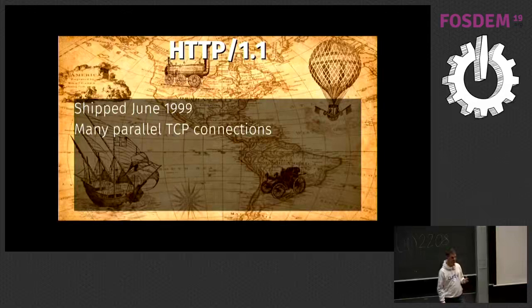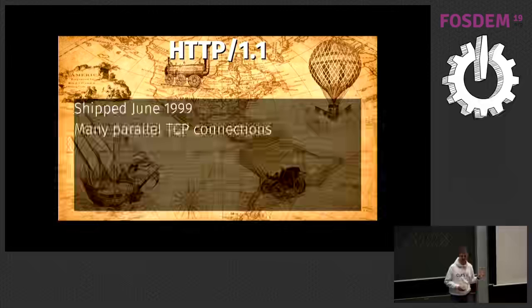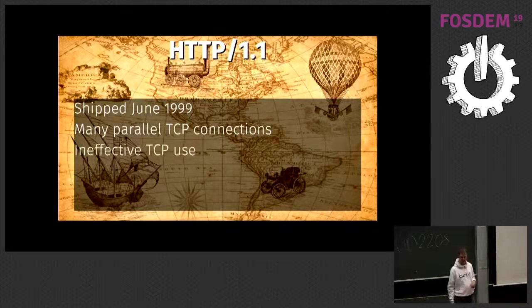So there's a very inefficient use of TCP. And TCP also has this slow start period, so it takes a while until TCP connections actually get up to speed. So closing them immediately, like we do with HTTP 1.1, is really inefficient, which is basically one reason why no matter how much you increase your bandwidth, you won't get faster websites with HTTP 1.1, because we close the connections all the time.